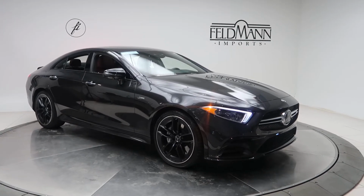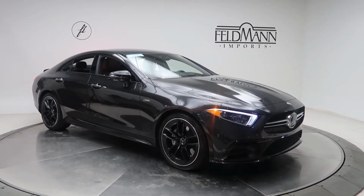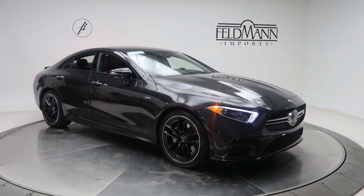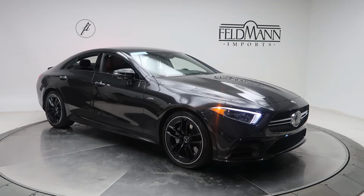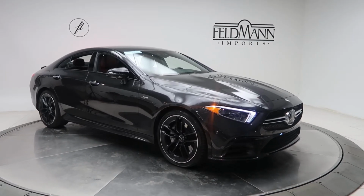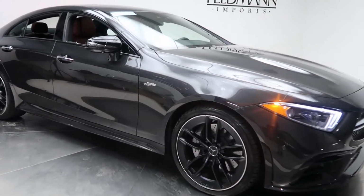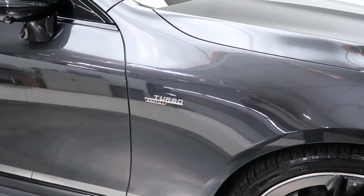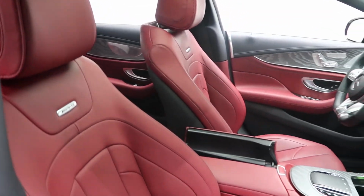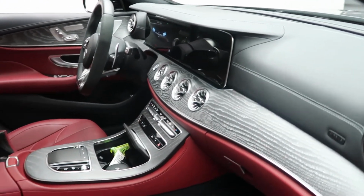This one comes with the exterior lighting package with LED Intelligent Light System, adaptive high beam assist, AMG Night Package with high gloss black elements on the front, side, and rear of the vehicle, 20-inch AMG black 5-spoke wheels, turbo 4MATIC badging on the side, Bengal red and black Napa leather interior with a natural grain gray ash wood trim,